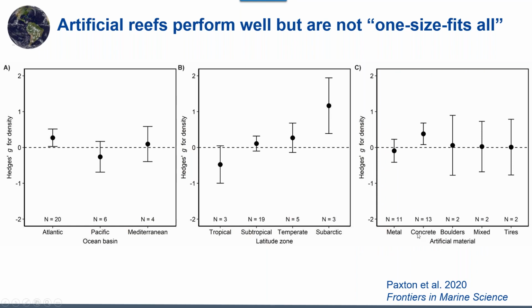And then when we dove a little bit deeper into this relationship, we looked at the material that the artificial reefs we were contrasting with the natural reefs were constructed from, and found that concrete reefs tended across the board to perform better than the natural reefs. And so this meta-analysis was